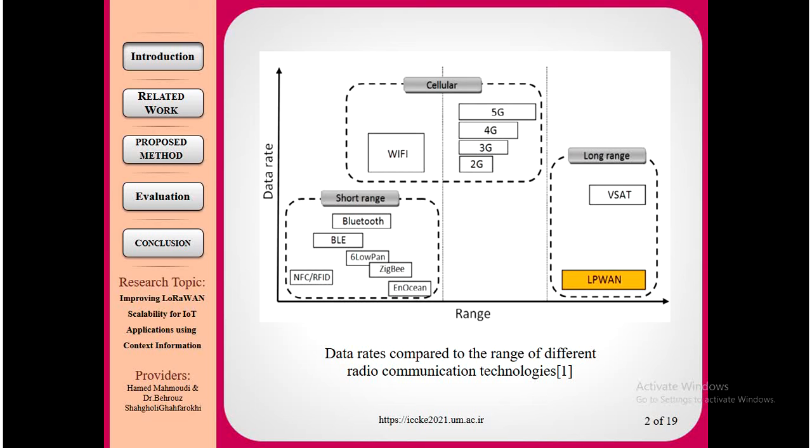And after cellular, we have long range technologies such as VSAT and LPWAN, which cover more than cellular technology but with lower data rate. So LPWANs are suitable for applications where there is not a lot of data and we want to send data over long range, such as alarming systems, where there is no need to transmit a lot of data, and for example 1 bit is sufficient. If we have a lot of data, we have to use other technologies like cellular.